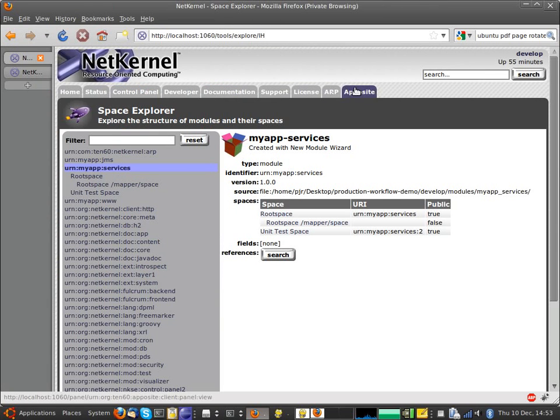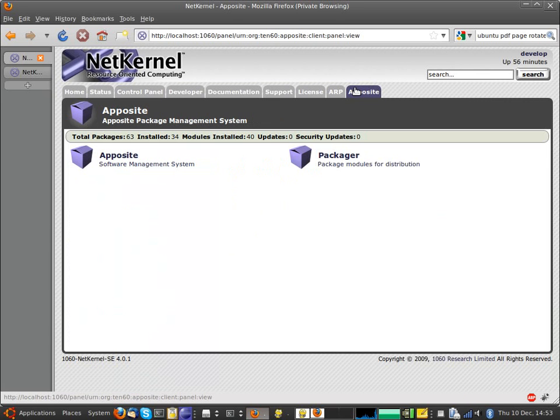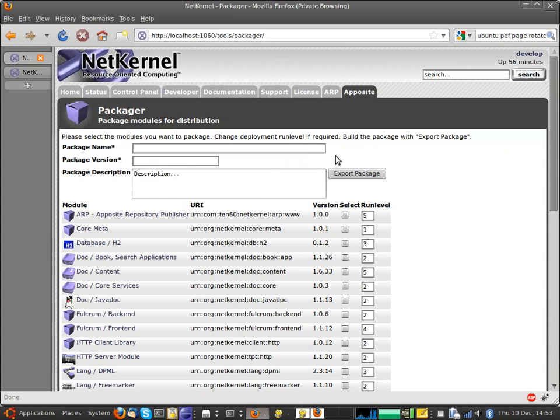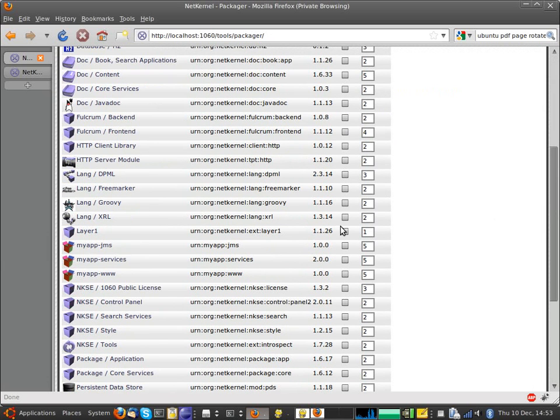I go to Apposite and my packager, and I look for my changed services module. We now see that the change has been picked up. System is already running version 2 locally here. So I highlight that,